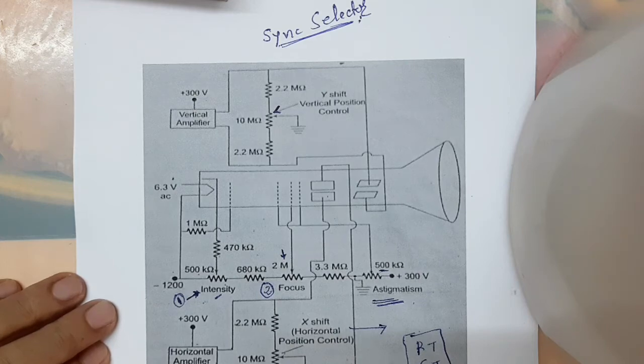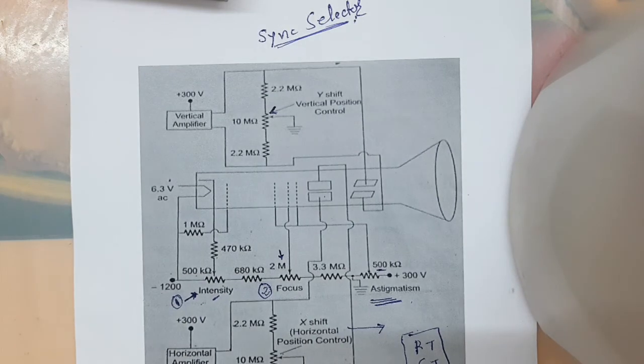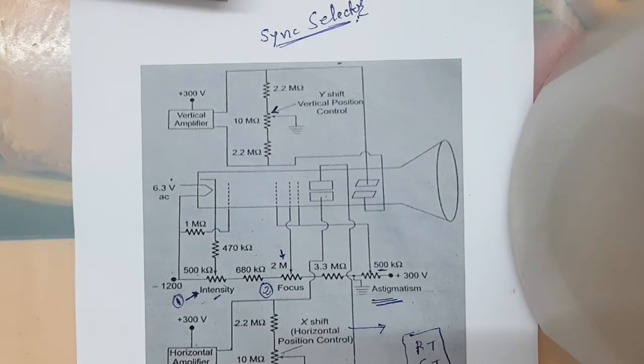See, in the vertical amplifier there is an internal signal, as well as we can connect this to an external one. So we write down here, it can synchronize the sweep to signals coming internally from the vertical amplifier, or an external signal, or the line supply: internally, externally, line switch. So in this way, this is our typical CRT connections.